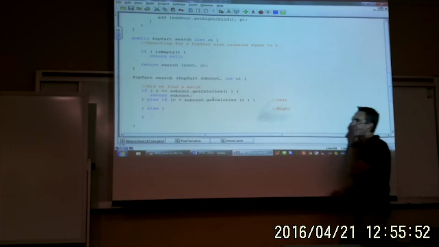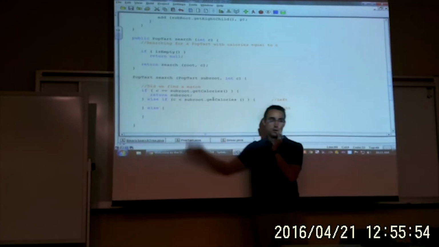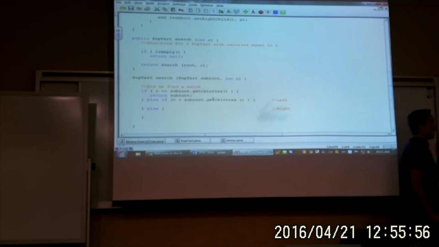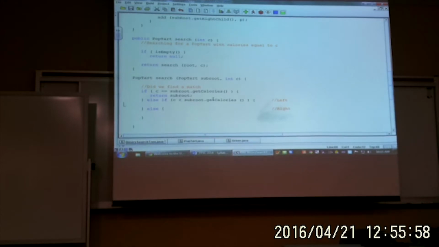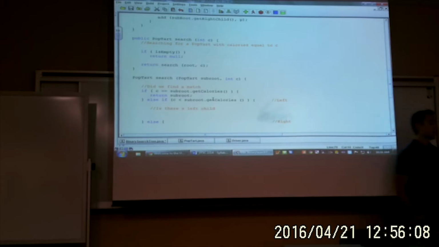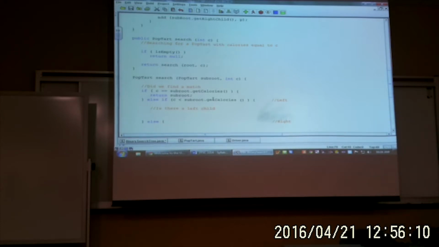So if we go down the left side of the tree, we're faced with another choice. Is there a left child? If there is a left, well, let's do this. Let's write the code to determine if there is a left child. If subroot dot get left child equals null,